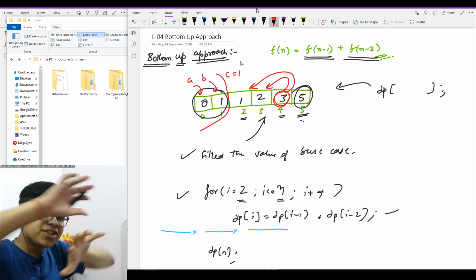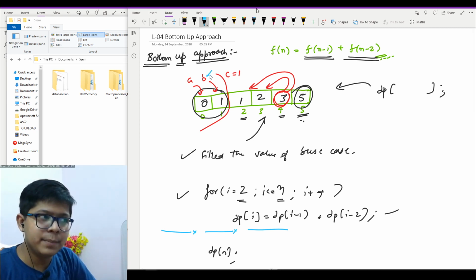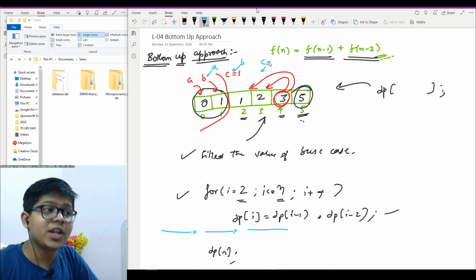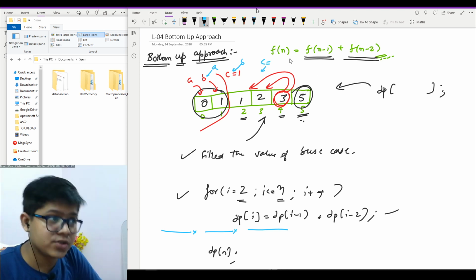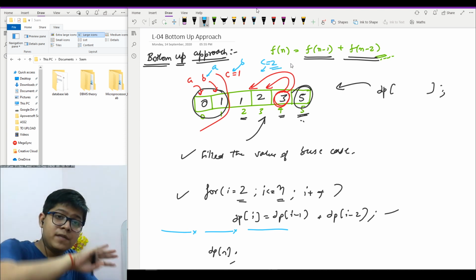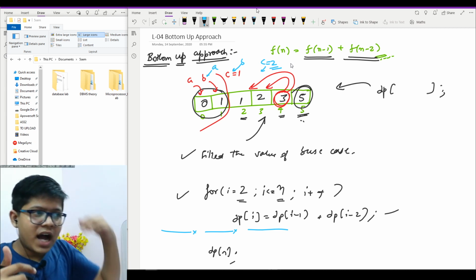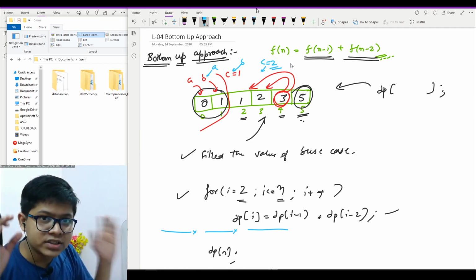Then I will shift everything, which means my new a will become b, my new b will become c, and my c will shift. So now my c will be calculated from a and b, which are actually 1 and 1, so it will be 2. Thus by using only 3 variables, I would be able to find the answer for the nth Fibonacci number. Thus I can reduce my space from O of n to O of 1, because now I am not using my array.